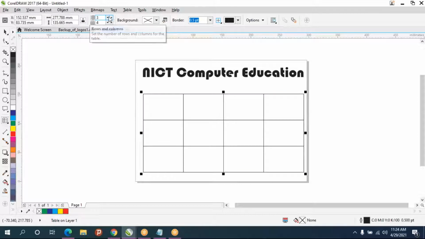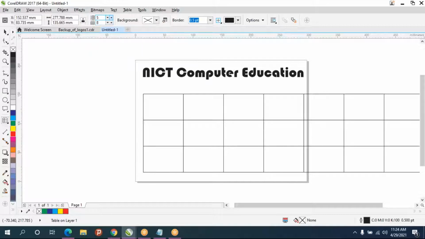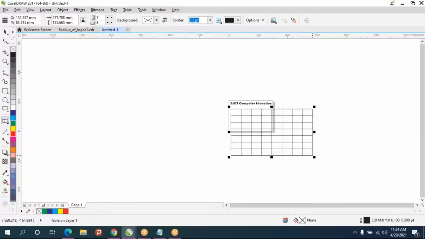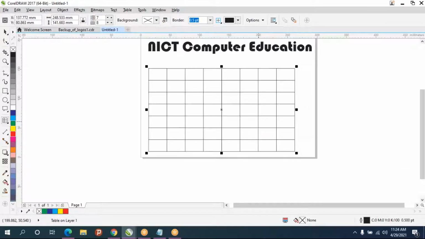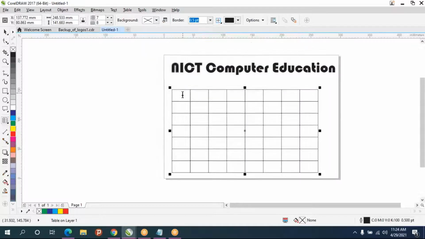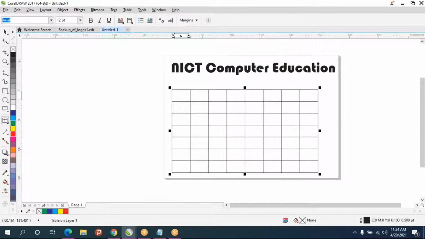And we can increase number of cells. And you can adjust from corner. And just one click you do, you can type whatever you want.